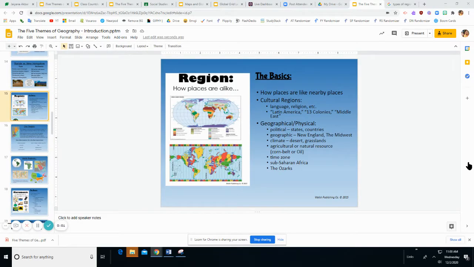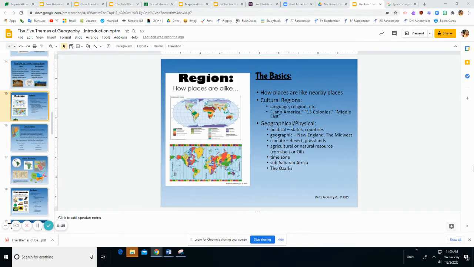The next theme of geography we're going to learn about is the theme of region. Here are the basics. Region is how places are like nearby places. And there's two main types of regions. There's cultural regions as defined by humans and people, and there's geographical or physical regions that are kind of defined